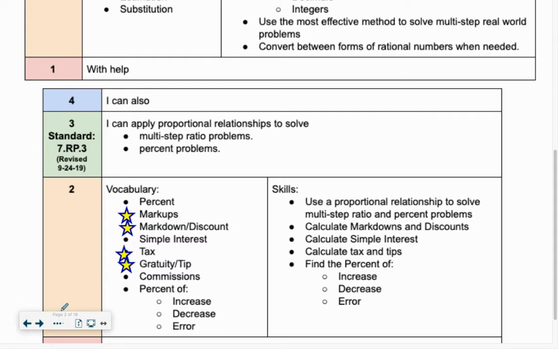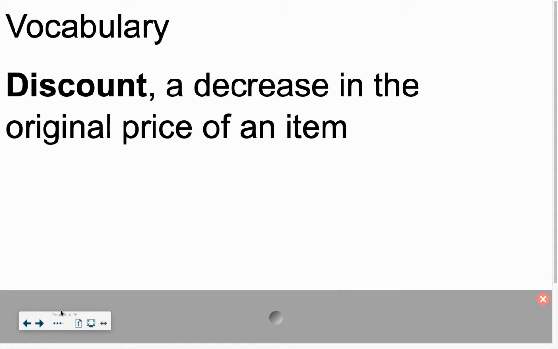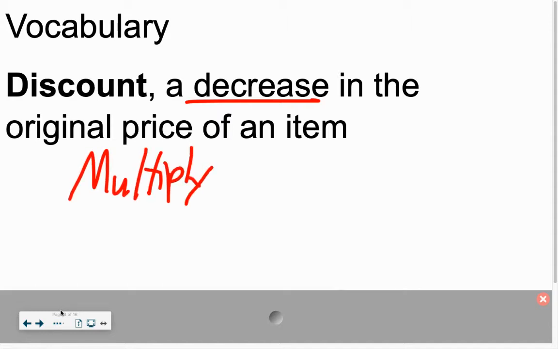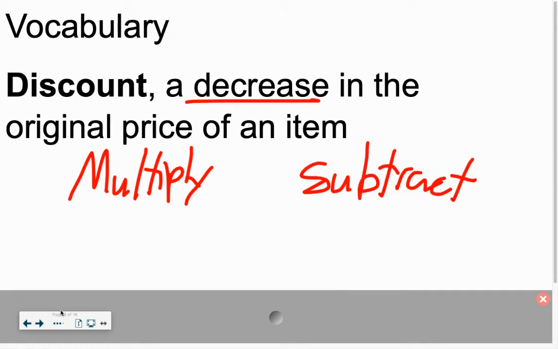So as we go on, we can talk about a discount. A couple of different ways to find it, but the way I find the easiest, the way most people, whether you are my wife or other adults, even other math teachers, do it is in 2 steps. There is a 1-step method. If you want to see that, I'd love to show it to you. Otherwise, discount is a decrease. So you're going to do 2 steps. First, you're going to multiply, and then because it's a discount, we're taking away money, we're going to subtract that amount that we are saving. So we're going to take that percent of the number, and then whatever that answer is, subtract it from the